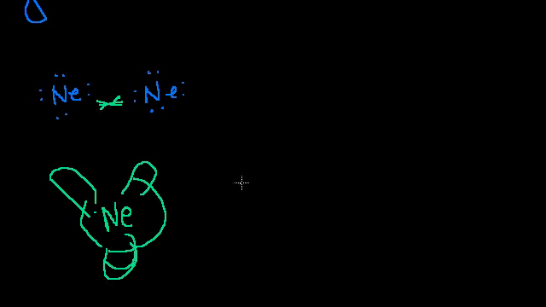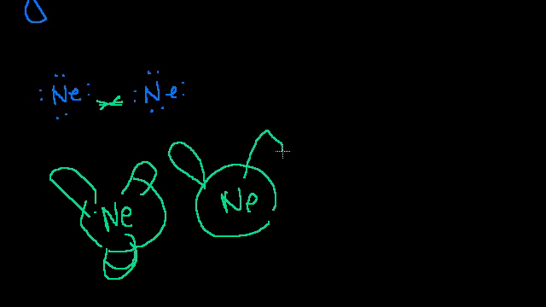That's not the point. And then you have another neon atom, and I'm just drawing the probability distribution. I'm not trying to draw a rabbit, but I think you get the point. And watch the electron configuration videos if you want more on this. But the idea behind these probability distributions is that the electrons could be anywhere. There could be a moment in time where all of the electrons are out over here. There could be a moment in time where all the electrons are over here. Same thing for this neon atom.